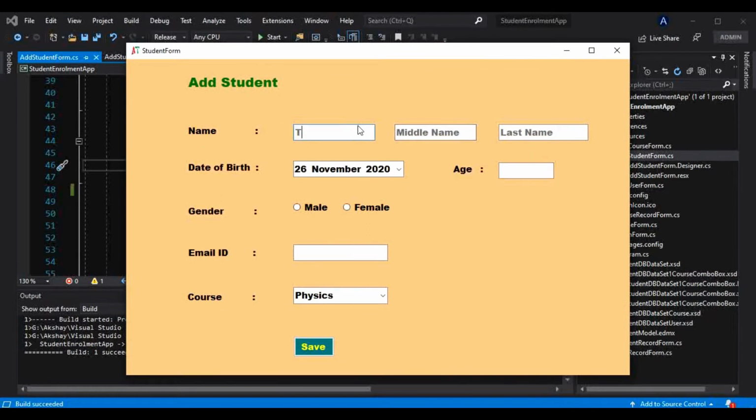Let's say test A, maybe test A T dot test, and I will keep that as it is. Anyway, we are just testing this application. I will choose test A at gmail.com as the email ID, keep physics as it is, and save this. Okay, now we have added that.